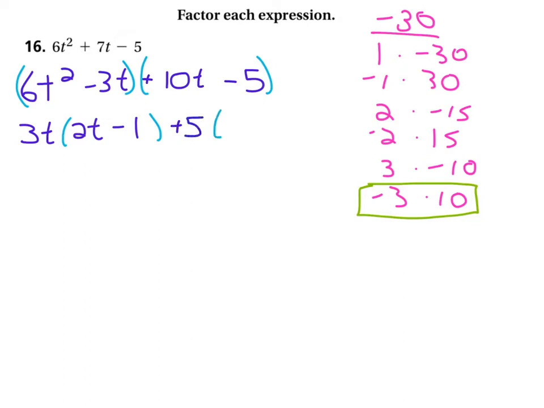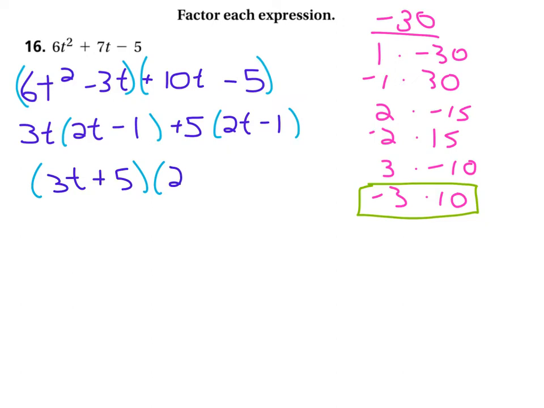Okay, divide them both by 5. What do we get on the inside? 10t divided by 5, 2t. Negative 5 divided by 5, negative 1. And you can see, great, we've got inside 2t minus 1 and 2t minus 1. That's what we're looking for. So we get as our first term 3t plus 5